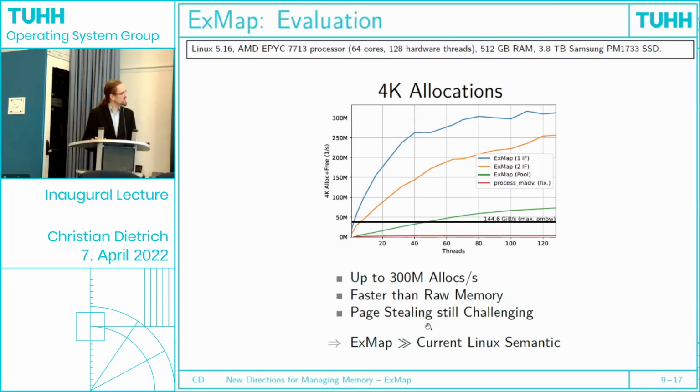So from that, we learned that our new XMAP abstraction has a different semantic than the current file mapping. So we don't have implicit write back, we don't have implicit bringing in of data. It's different than the current Linux variant. So it's not a drop-in replacement, but it's much, much faster, and it provides this explicitness for something like a database. So we can now provide memory at a really high speed.